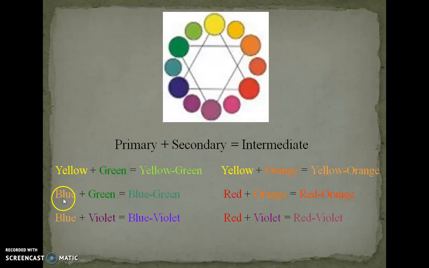Similar to this, blue is a primary color and green is again a secondary color. When you mix both of them, it becomes blue green, which is an intermediate color. Now let's see